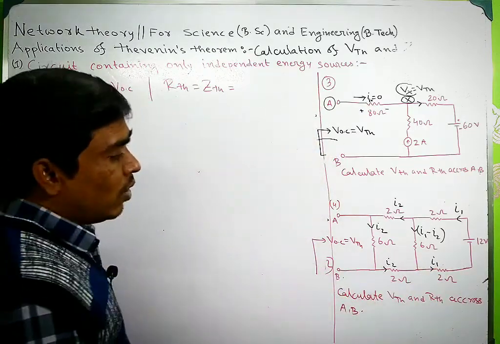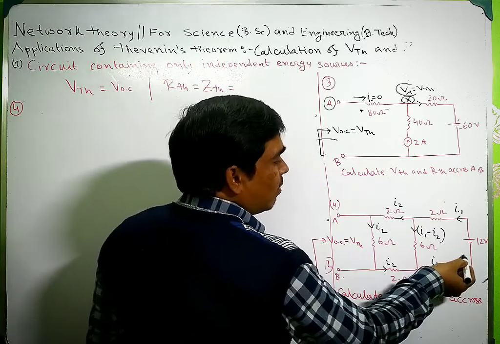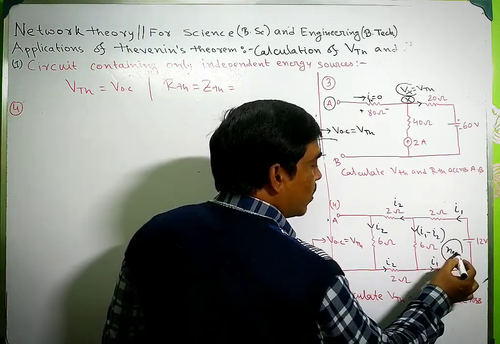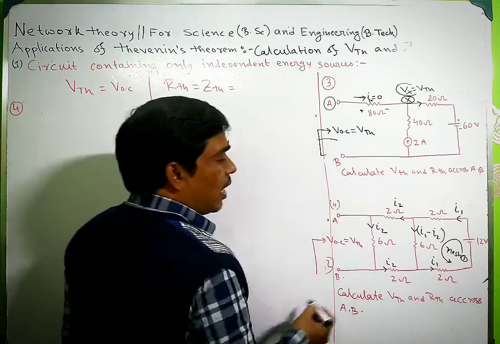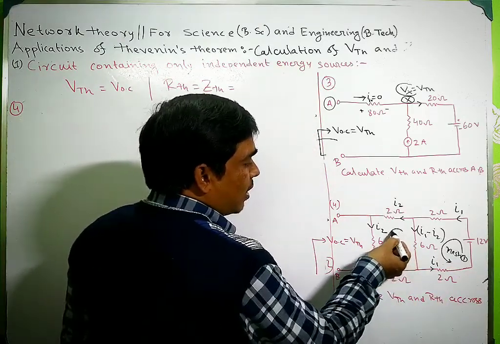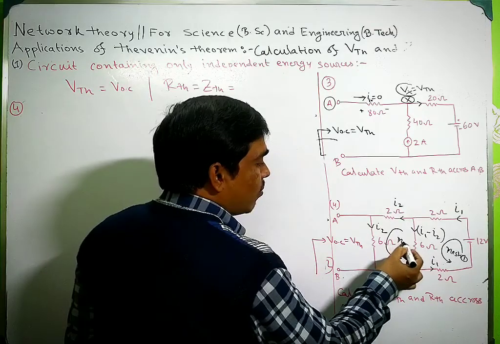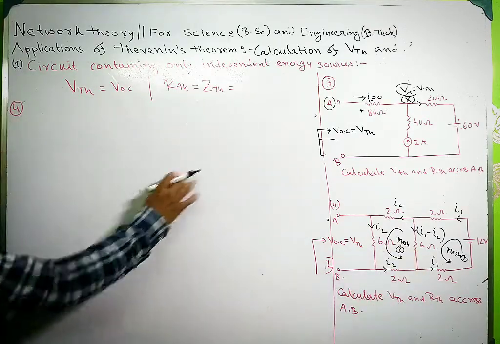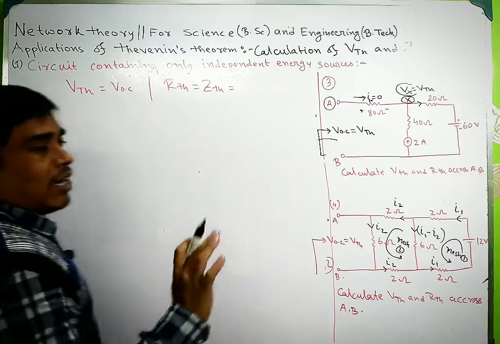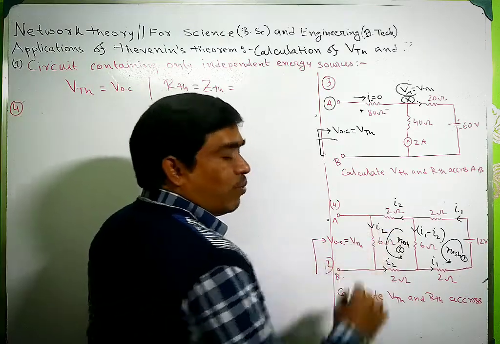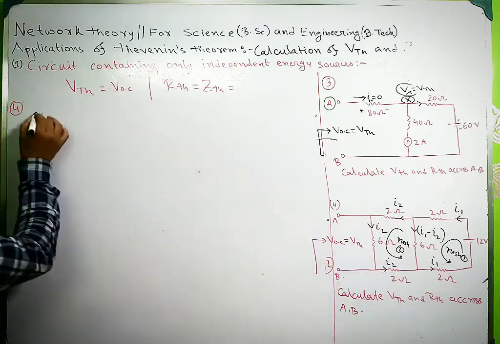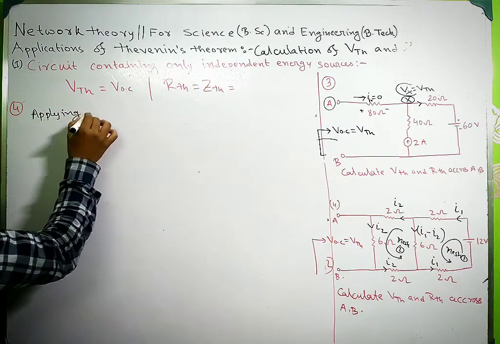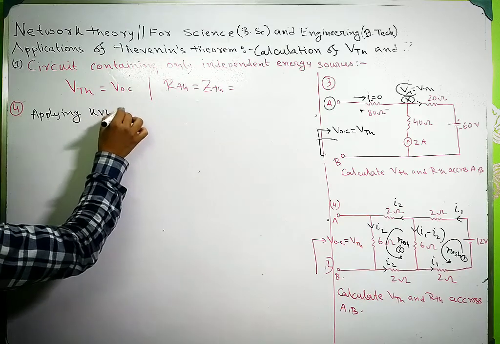Okay, so this is mesh number 1, and this is another mesh, mesh number 2. Now our aim is to calculate this I2. So applying KVL at mesh